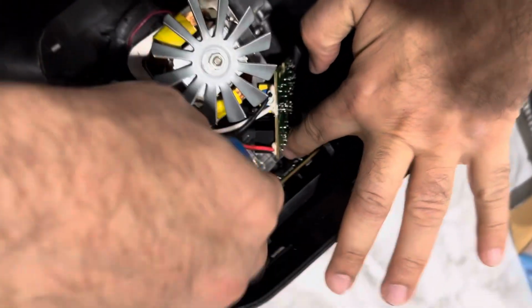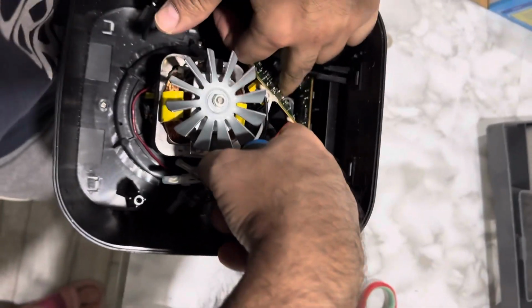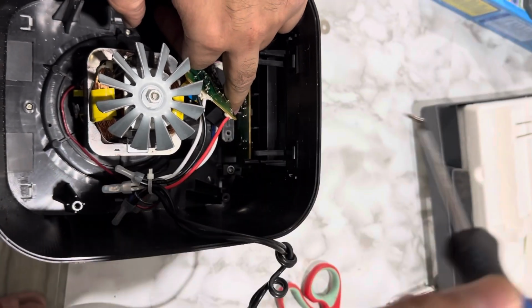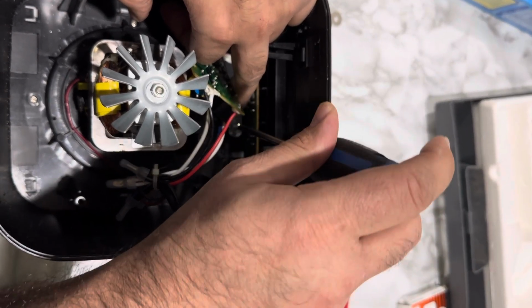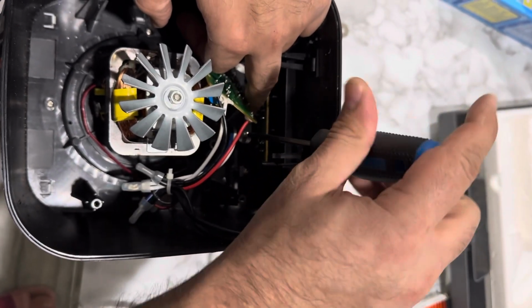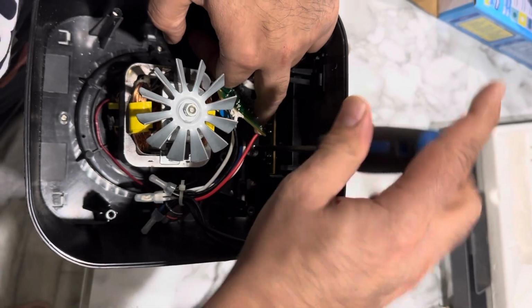The switch, that is a trigger switch. When you put your jug on the top, this will push down the switch inside, and